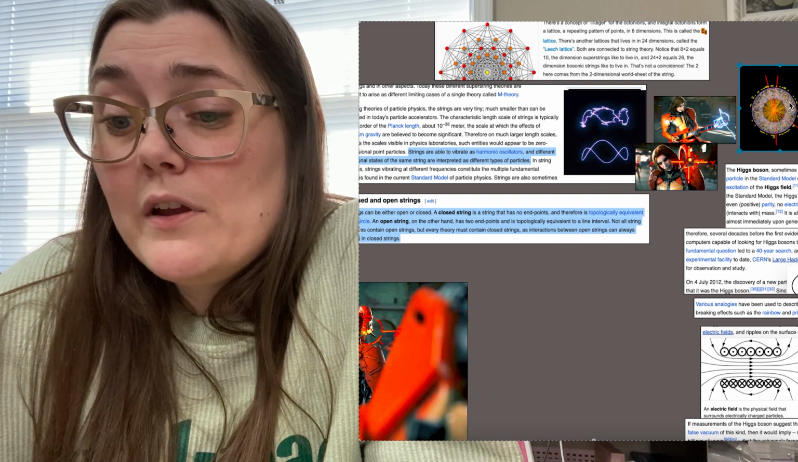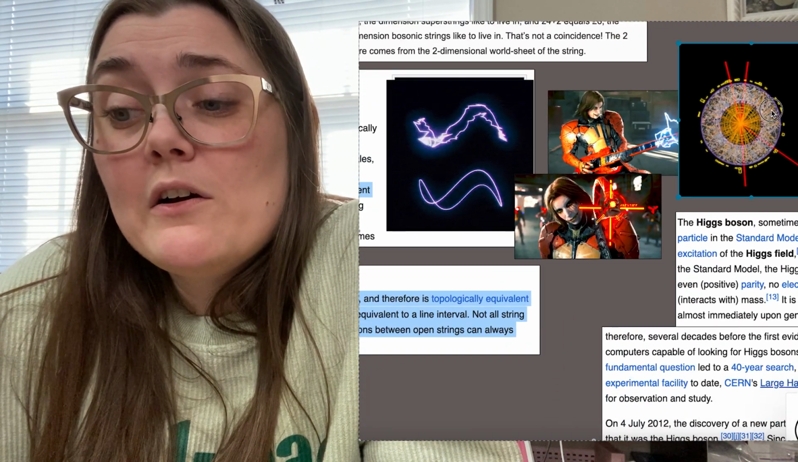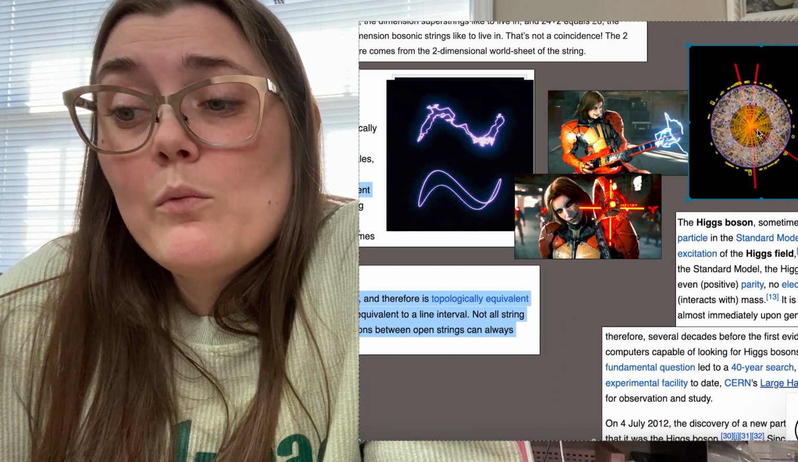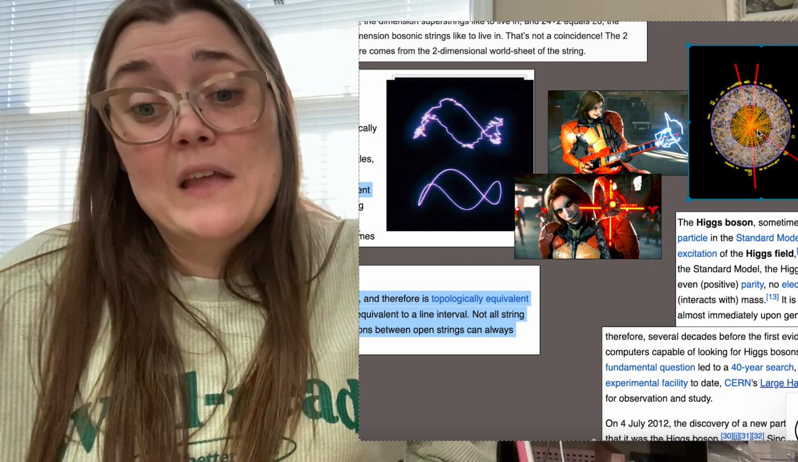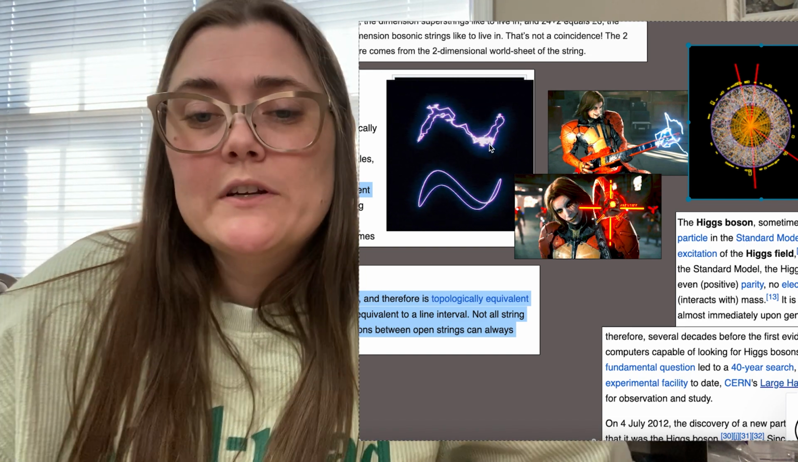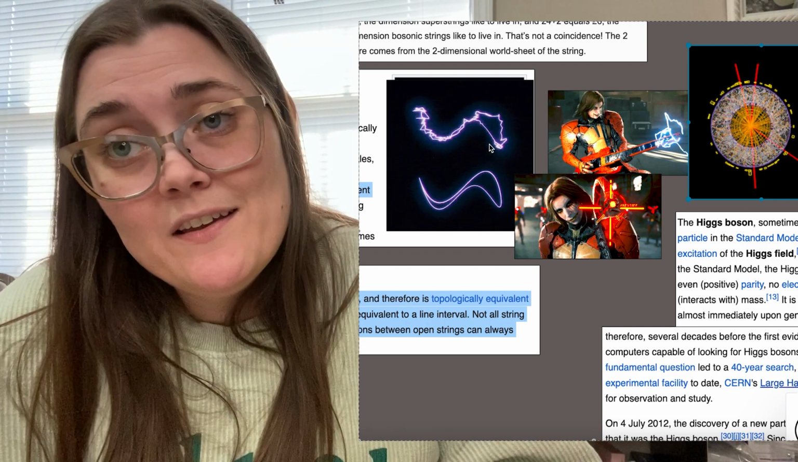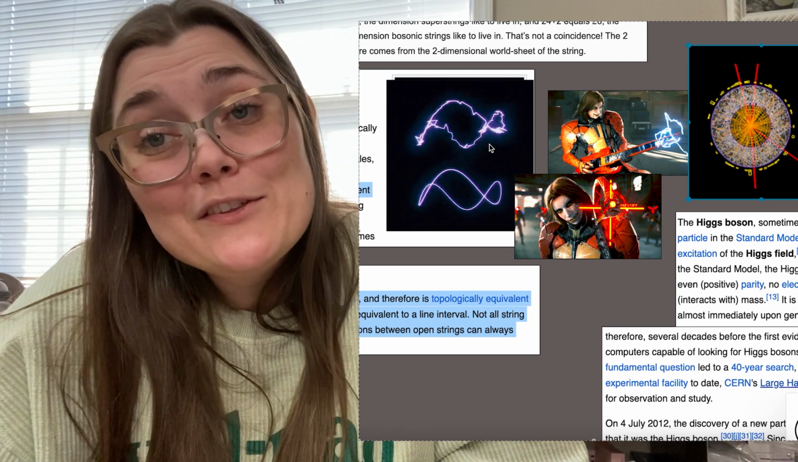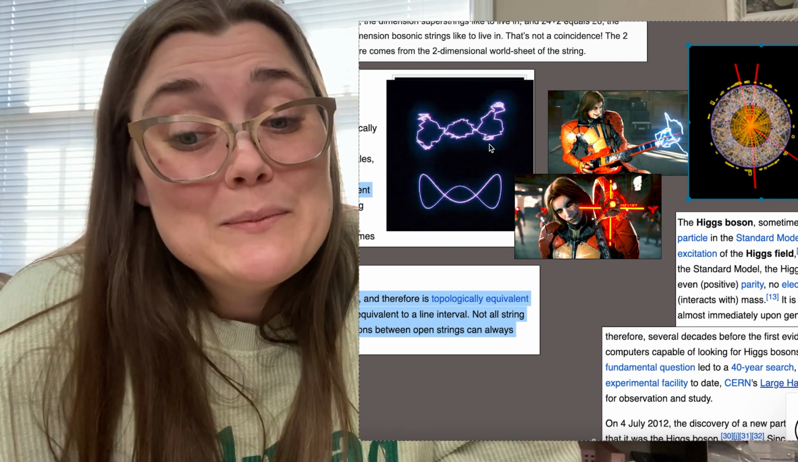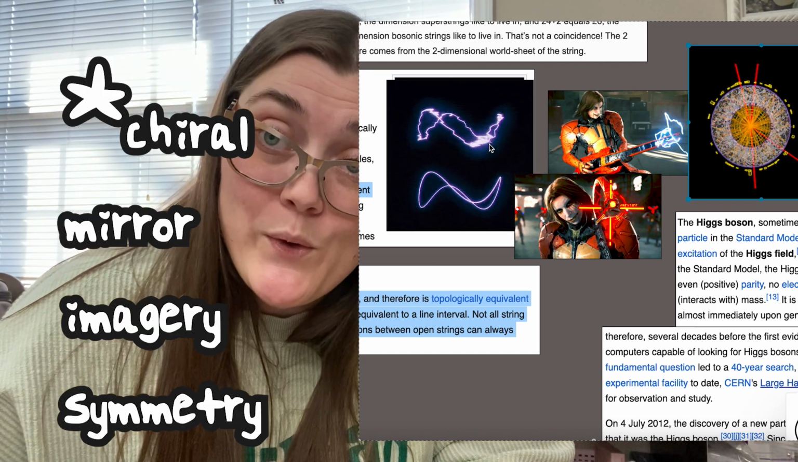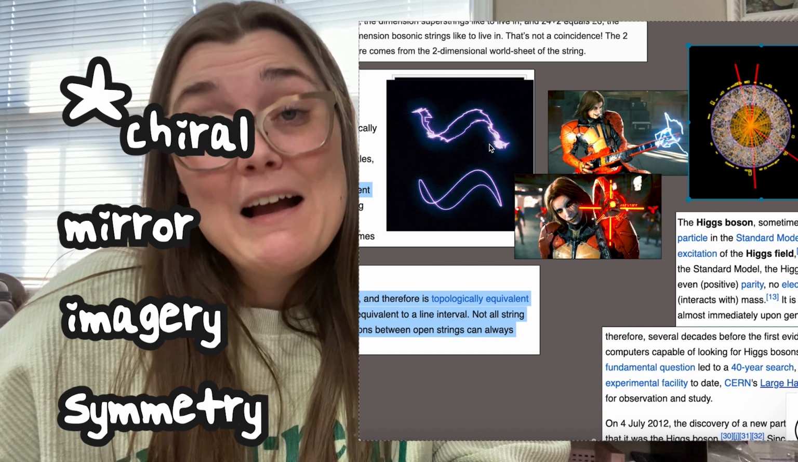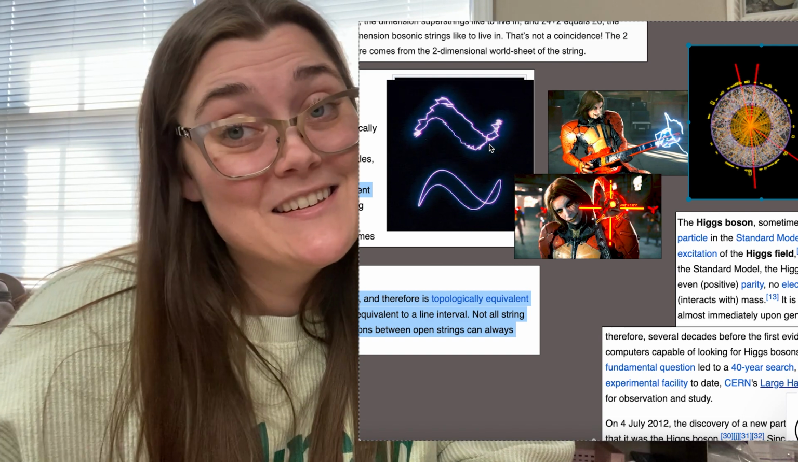So we have the gun, what it looks like when you have a harmonic oscillator, and then what it looked like when they first created the Higgs boson at NASA. These harmonic oscillators are string theory. Before we can talk about the string theory, we have to talk a little bit about chiral mirror image symmetry. Whew, that's a lot of words. So chiral mirror image symmetry